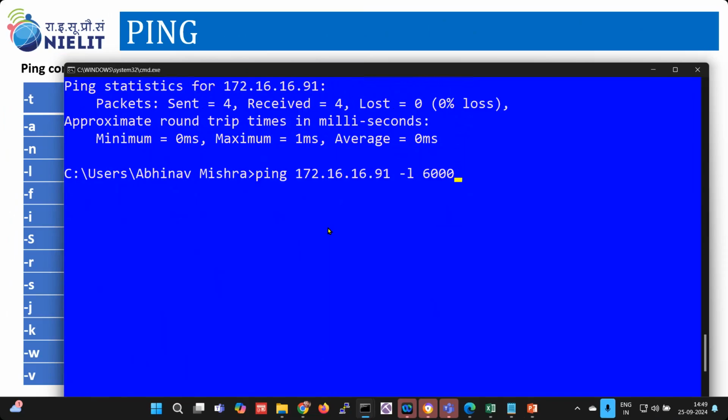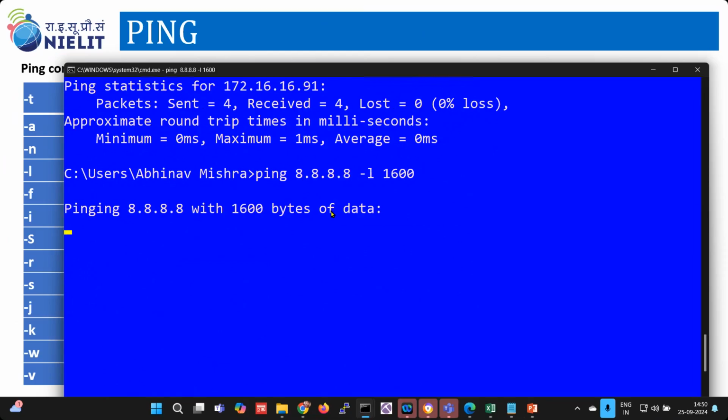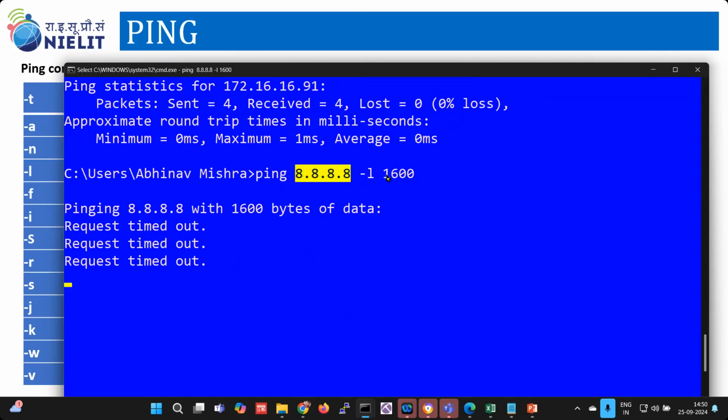Suppose I am pinging to some public computer, 1600, and IP address is 8.8.8.8. So it is showing that pinging to 8.8.8.8 with large payload larger than 1600 bytes is not allowed. So this machine is not replying back for this site. So this is the illegal site for